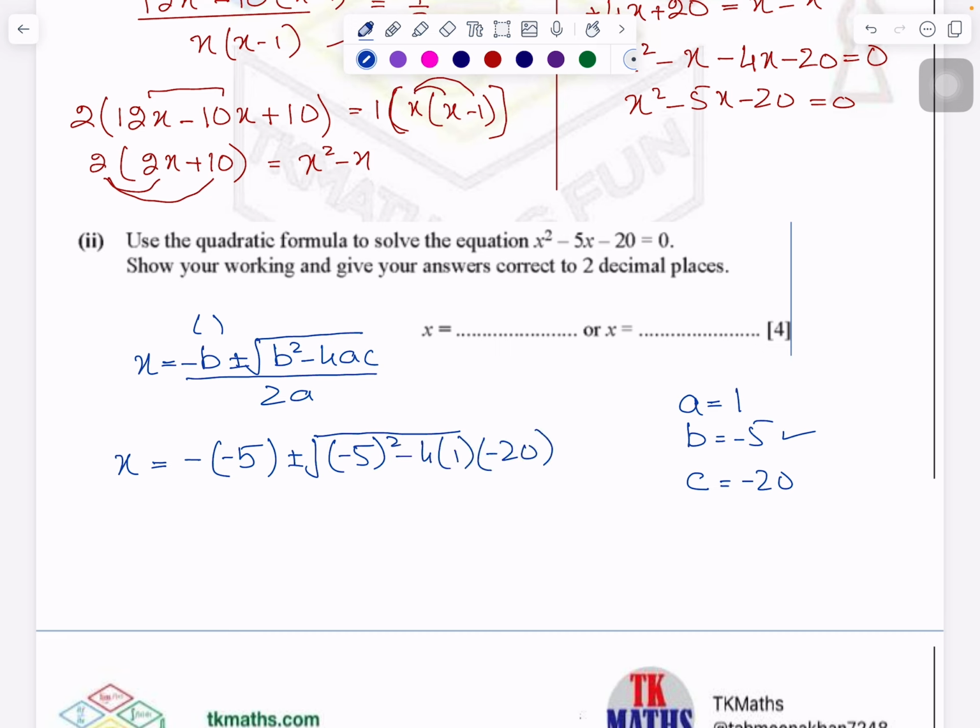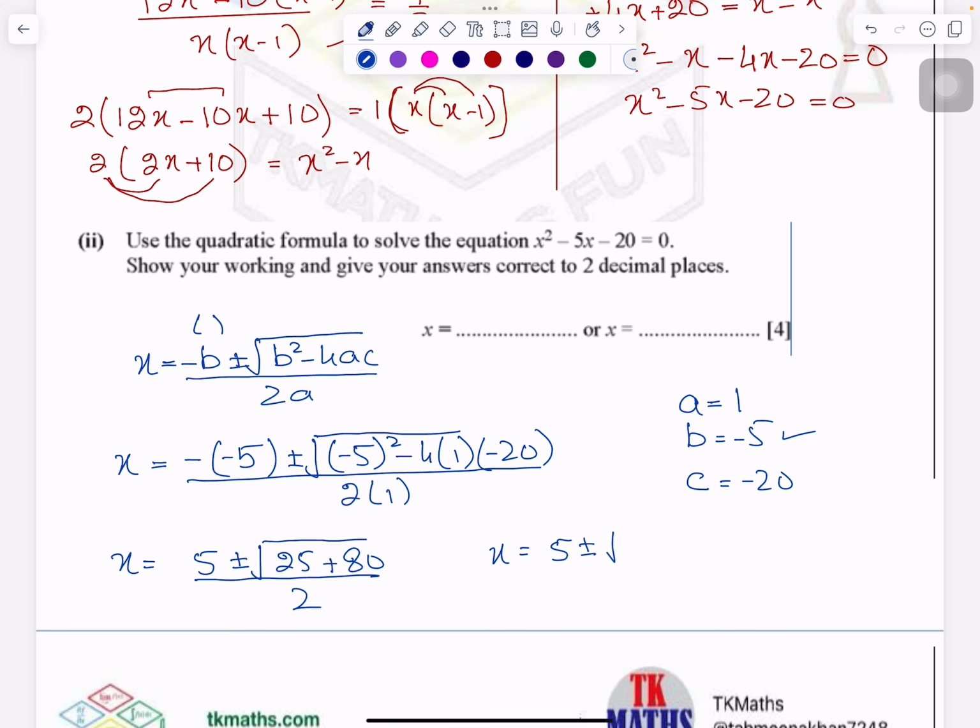Okay, so I'm also picking up my calculator now, and you also solve it. Then we will write the answer here. Let me further simplify a bit, then it will become easy for me. Okay, so now we can substitute it in the calculator. So x is equal to 5 plus or minus root 105, divided by 2.